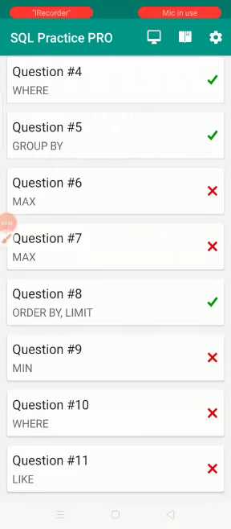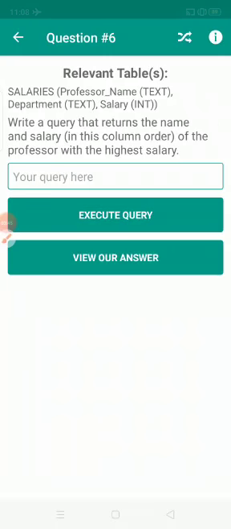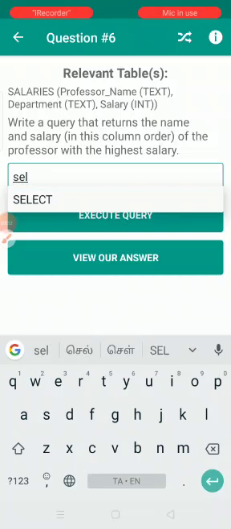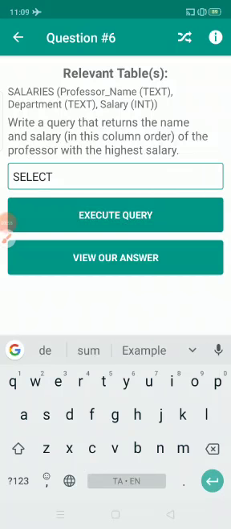The next question is how to use the MAX function. What is the MAX function? It finds the maximum. The question given is: write a query that returns the name and salary of the professor with the highest salary. We are going to pick the name of the professor who is getting the highest salary.